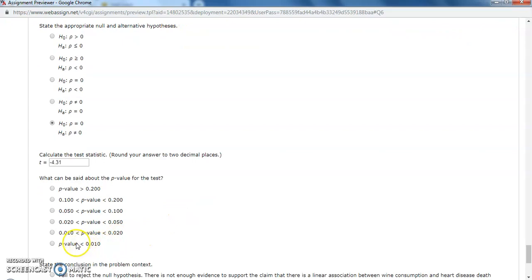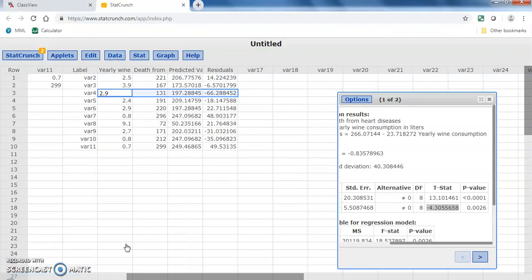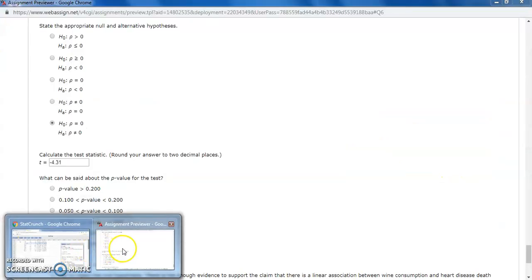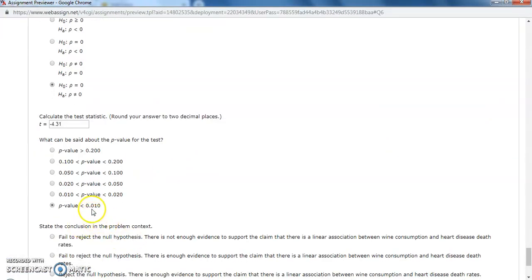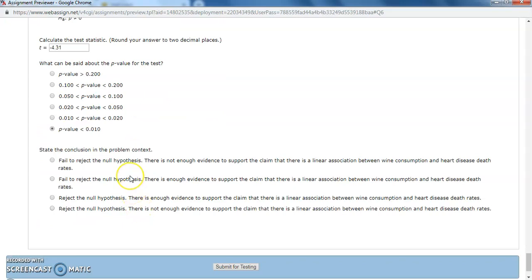The p-value was very tiny, right here, 0.0026. 0.003, if you round, is less than 0.010. So if the p-value is low, the null must go, so you're going to reject the null, and there is enough evidence to support their claim that there is a linear association between wine consumption and heart